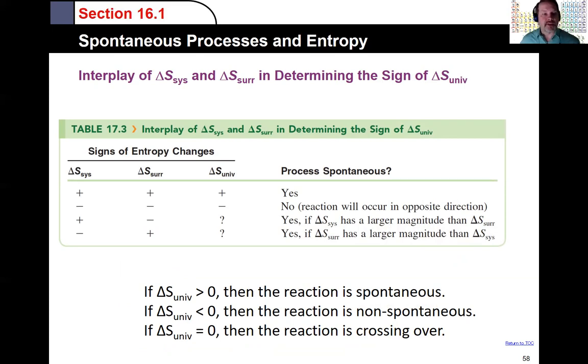There's only four. You can see them here: if the entropy of the system and the surroundings are both positive, then we're going to have a nice spontaneous chemical reaction, and it doesn't matter what the temperature is. Now, if the system and the surroundings are both negative, then you're going to have a negative entropy for that chemical reaction, and it doesn't matter what the temperature is, it'll never be spontaneous. In these two other situations where you have a difference in signs, you're going to have a temperature dependence on the entropy of the universe. That means there's a temperature at which things will go from being spontaneous to non-spontaneous, back and forth.